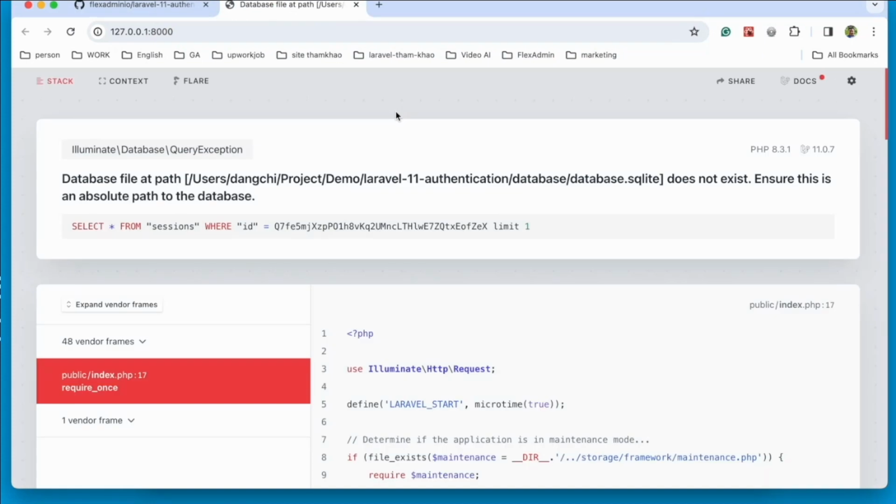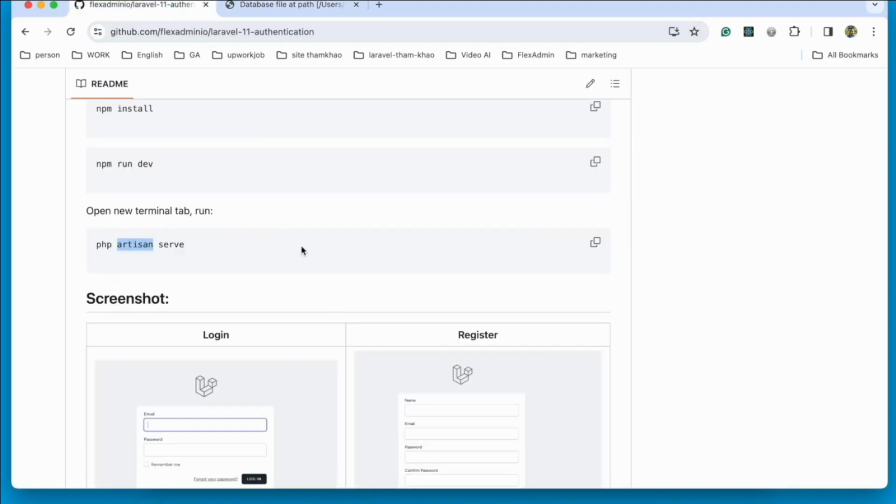By default, the database connection in Laravel 11 is set to SQLite. In this tutorial, we need to change the default connection to MySQL. Following these steps,